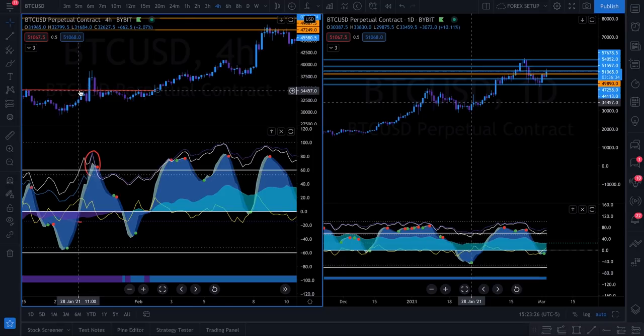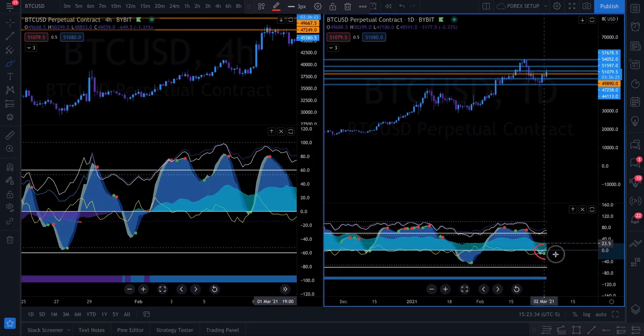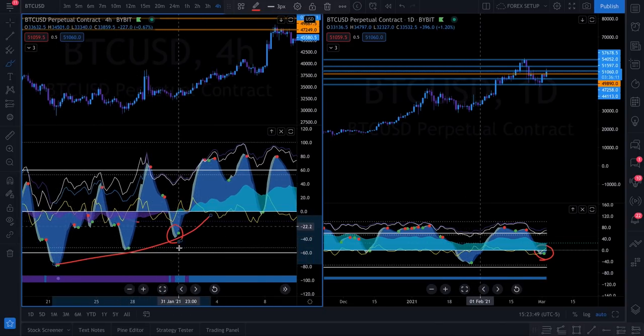Like I said before, signals on the large time frames are much more powerful than signals on the smaller time frames. If we get a trigger wave that confirms under the zero line during an uptrend on the daily, and then at the same time on the 4-hour we get a trigger wave where there's clear momentum, we can see things are curving up, and we get the money flow crossover where it crosses from the purple into the blue, this is an amazing entry. And this is the kind of entry I'm looking for to go swing long, meaning I'm entering on my swing trading ByBit account, and I am looking to hold it for at least a number of weeks, because I'm expecting,